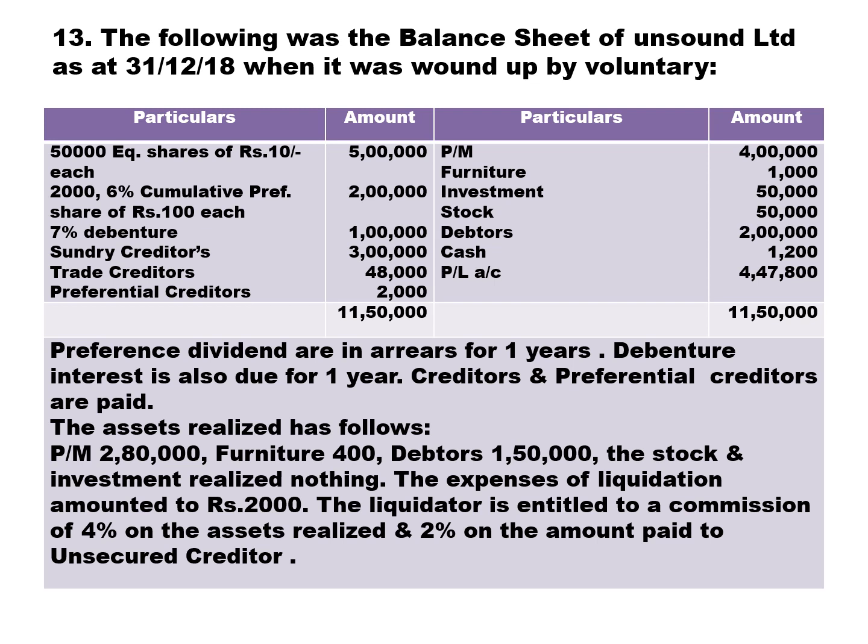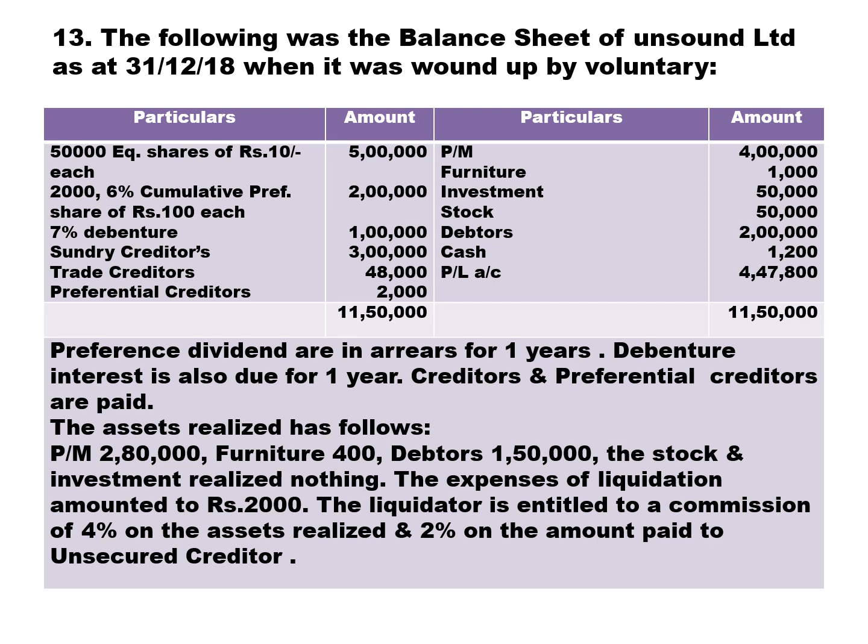Stock and investment realized nothing, means stock and investments could not be realized, so nothing is recovered from sale of stock and investment. The expenses of liquidation amounted to rupees 2,000. The liquidator is entitled to a commission of 4% on the assets realized and 2% on the amount paid to